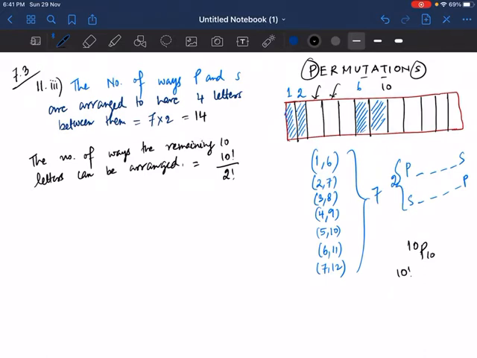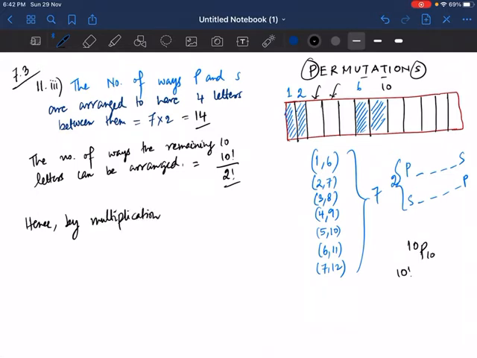The remaining 10 letters are arranged. Now we are asked how many ways we can arrange the letters of permutation such that P and S have 4 letters between them. So the number of ways will be, by multiplication principle, 14 into this. So I will write, hence by multiplication principle,